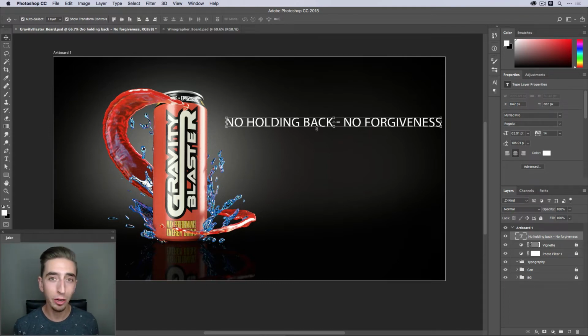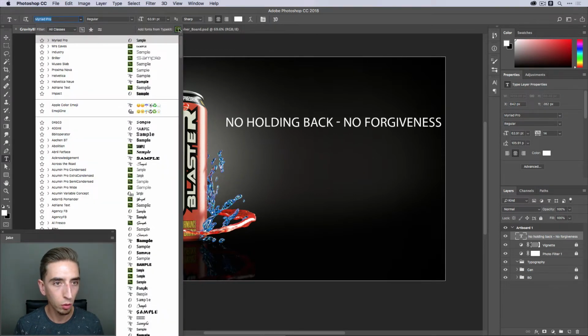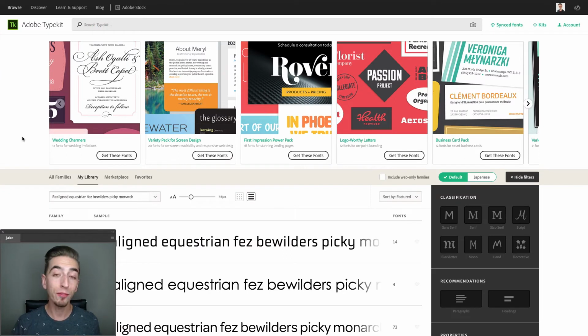So the first thing that I want to do is think about what is an appropriate typeface that's going to fit this design and this brand. So before I go any further, I first want to just jump over to Typekit. So let's go there. Now I know we've already talked about Typekit, but it is included with your Adobe Creative Cloud subscription,